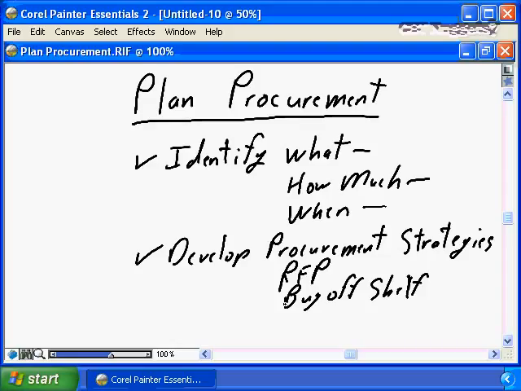Procurement options, procurement strategies, are often as variable as project requirements. Depending on specific project requirements, the what, the how much, the when, and depending on specific organizational standards, procedures, and policies, your procurement strategy will vary. Sometimes it will be a full public RFP, going through the full tendering process, getting multiple responses, evaluating and selecting